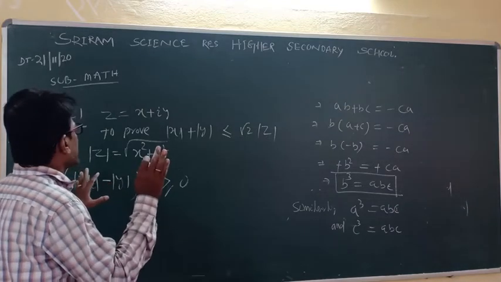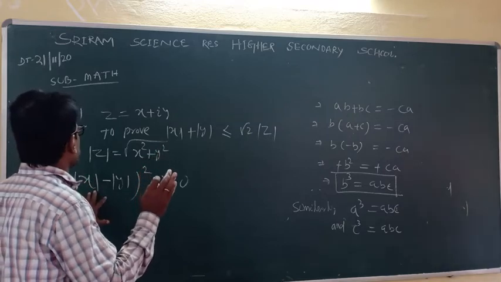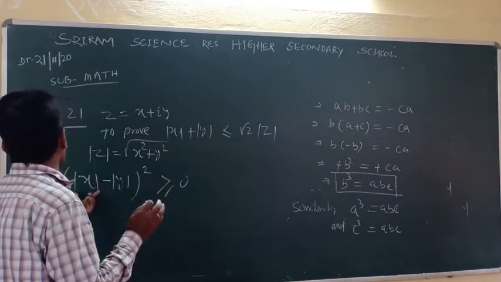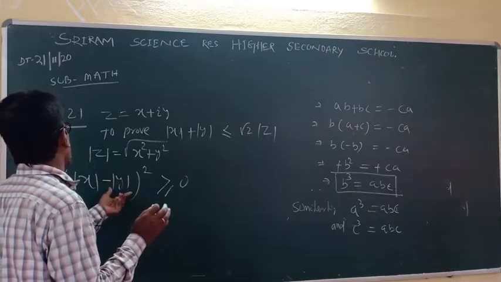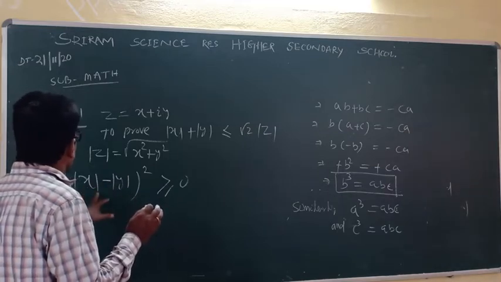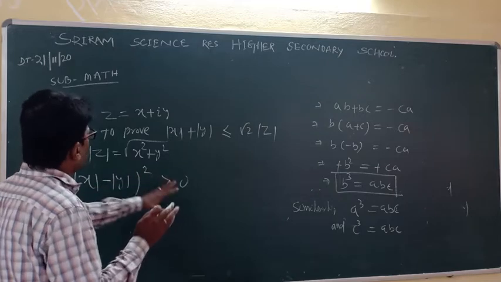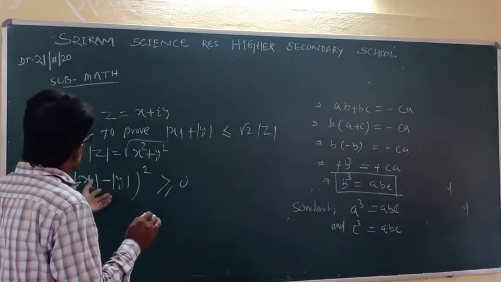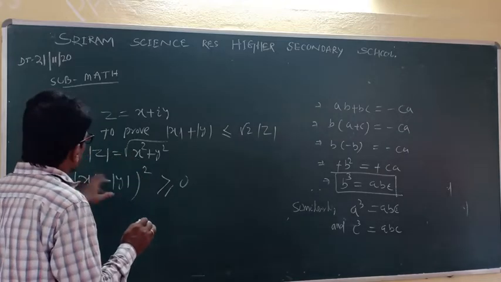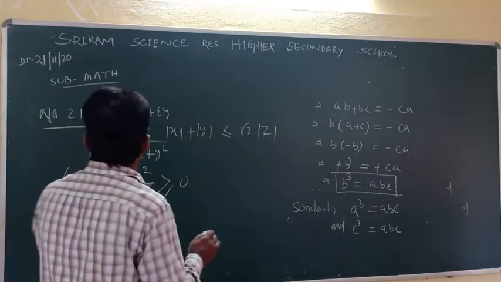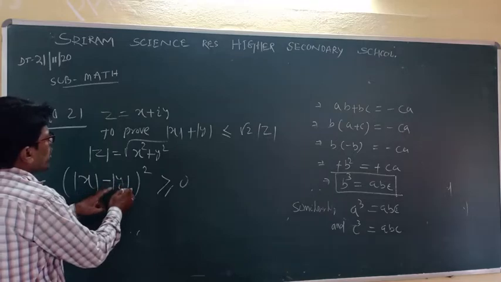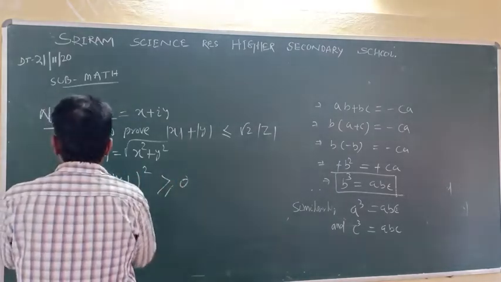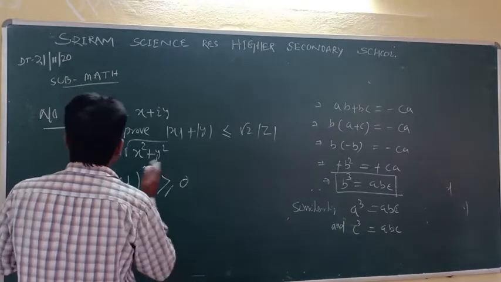I think I can give you detail about this explanation. If modulus of x is less than modulus of y, then it is a negative number, and the square of a negative number is always positive. If modulus of x is greater than the modulus value of y, then the positive square is also positive. If both are equal, then it is equal to 0. So mod x minus mod y square must be greater than or equal to 0, no doubt. If both are the same, then it is 0. Otherwise, it is greater than 0.